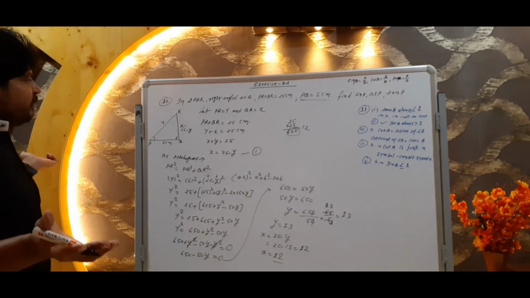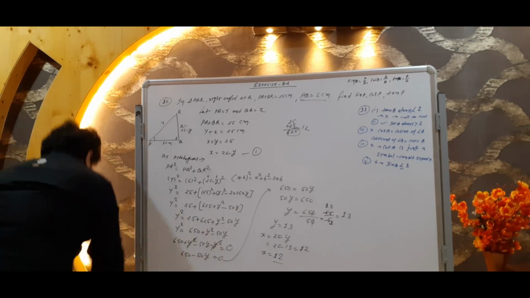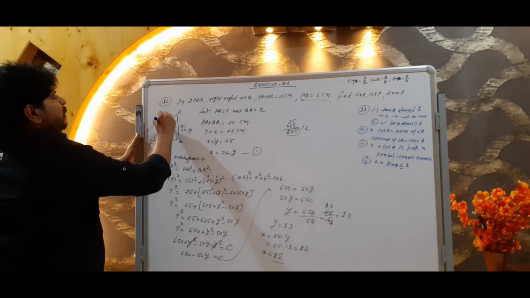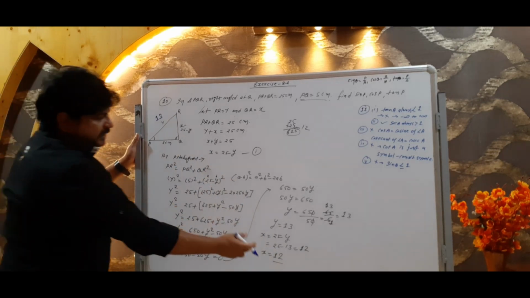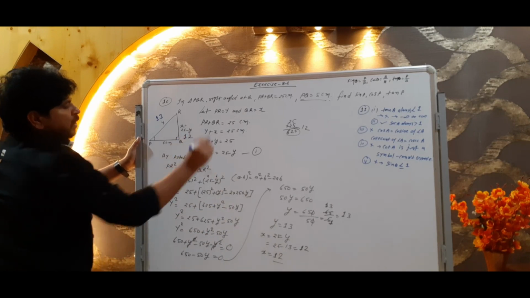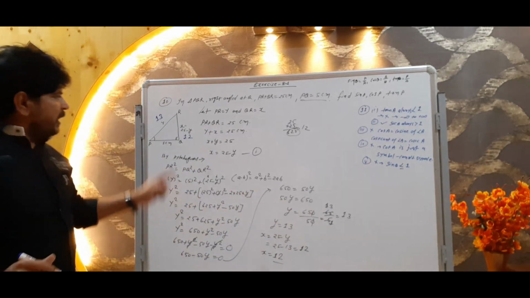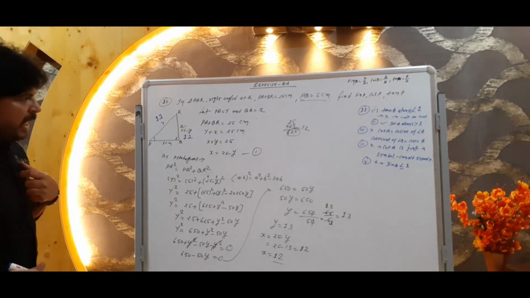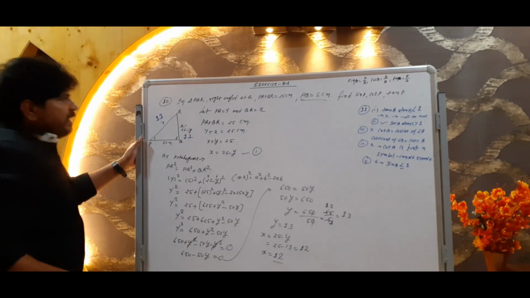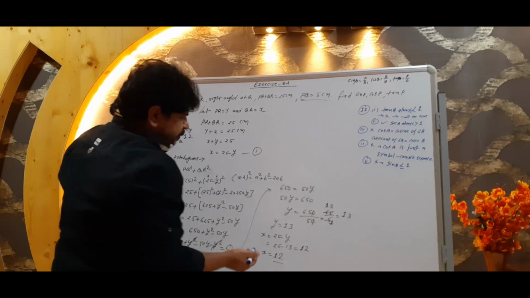Okay guys, देखिए दोनों चीज मिल गई हमको. Y क्या मिली हमको? y की वैल्यू. We got the value of y is 13. And what we got the value of x? Value of x we got 12. Understand? Nothing we have done. Only the simple process followed by us. Now x and y both are here. Now what is required? That we can find easily. What do we find? Sin p, cos p, tan p. Very simple now.